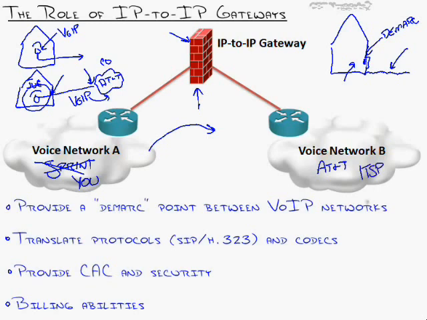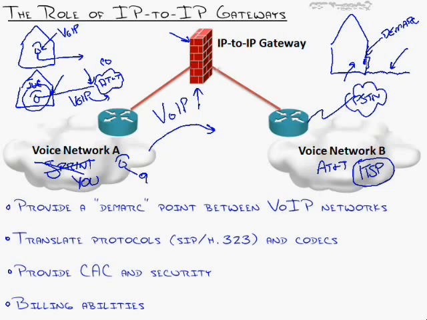ITSP is an Internet Telephony Service Provider, meaning that when people dial out of your network, right, they're sitting in here with a phone. They dial 9 to get an outside line, and they hear the second dial tone, and they're starting to dial an outside number. A lot of companies are beginning to use Internet Telephony Service Providers, an organization that they can send the call to via voice over IP, and that organization, the ITSP, sends it out to the PSTN. Using an ITSP is much more efficient and cost-effective than the traditional telephony service providers, where you get, for instance, a T1 line or something of that nature to the PSTN.